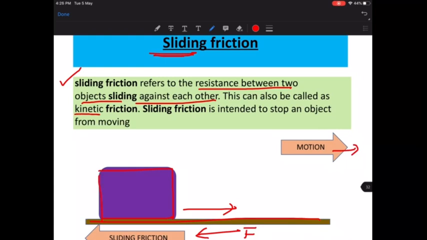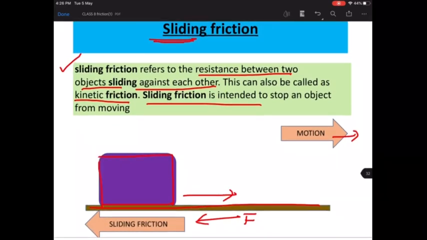It is also known as kinetic friction or dynamic friction. Dynamic means something which is moving. Fine. So is this object sliding? Is this object moving? Yes. So anything which is moving is sliding. Kinetic means something that has some velocity, some speed in it. So that is called sliding friction. Fine. So in this case, what kind of friction is existing? It is sliding friction. Okay.